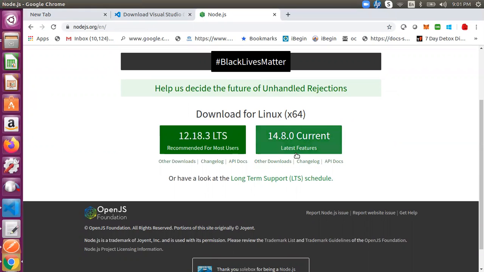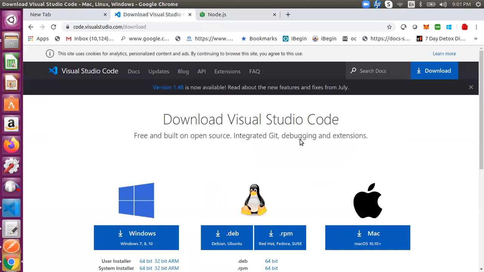It shows that I can download either of these versions. If you are doing this for Windows, it shows you the relevant version for you, right? If you are using Mac, you can use that. Right now I'm using Ubuntu for this tutorial, but it works as well on Mac OS and Windows. In my system, Node.js is already available and Visual Studio Code is available.